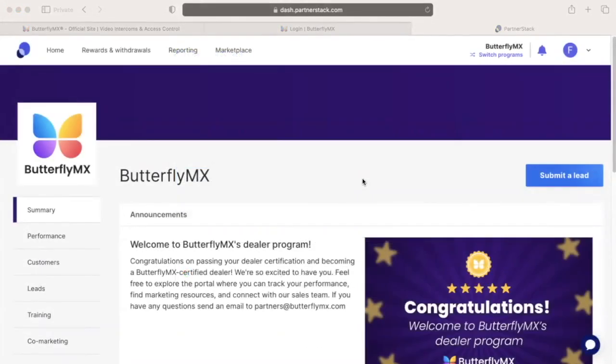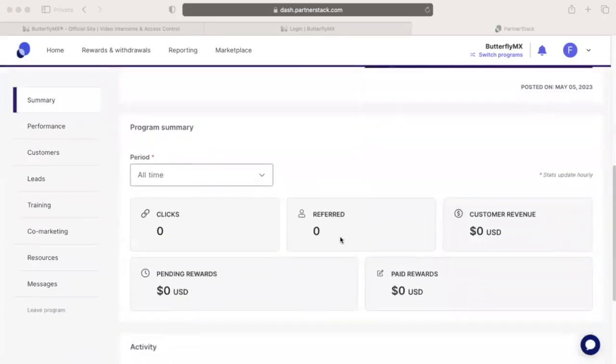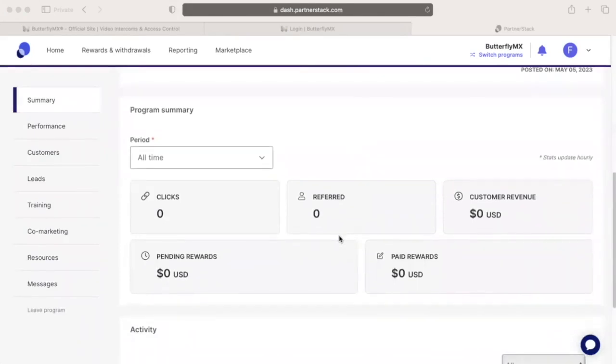Once you log into your partner portal, you'll be taken to your summary page. From here, you can see any announcements as well as stats about your progress. You can see things like clicks from your referral link, revenue from the deals you've won, and rewards. Rewards are given to you for achieving certain milestones during a given period of time. From time to time, you'll receive emails from us, or you'll see announcements right here in your portal telling you about a new reward we're running. If you're interested in that particular reward, simply follow the instructions to participate.